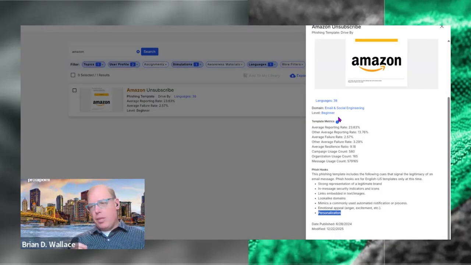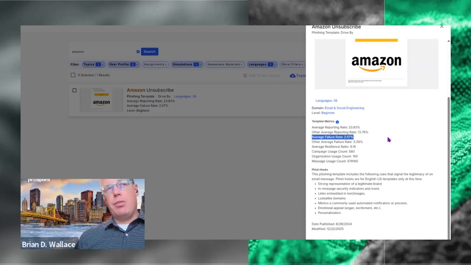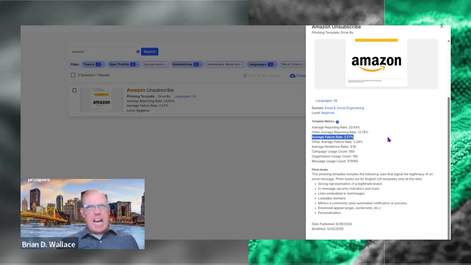We talked about average failure rate earlier, and we still have the average failure rate. But as I mentioned to you before, especially if we're comparing ourselves to that average failure rate, do I know that that number's accurate? What if this is a new template and no one's really looked at it? Can I really trust it? I don't know. Should I even bother? Well, the answer now is yes, because we've given you some additional metrics to pull from.